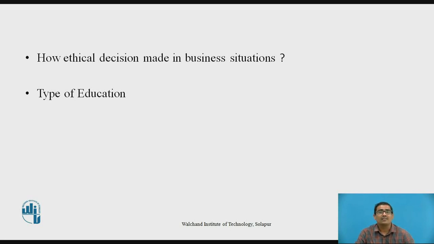the difference in the knowledge that two persons have, about how to decide in a proper way in what type of situation, may lead to differences in the way that they look at a particular problem, analyze the problem and take their final decision steps about it. So type of education and quality of education have a positive influence on the ethical decision making